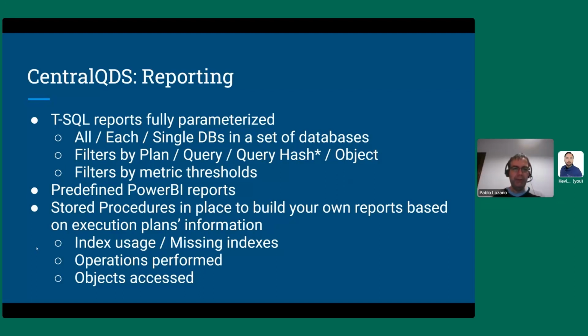Also, these reports will let you filter by specific thresholds. So let's say you want to see, for one particular query, on which servers it had an average duration of maybe 3-4 seconds. You can filter those values there. In addition to those reports, you have the predefined Power BI reports, which right now are not predefined because I just made them on the fly, but my idea is to have some pre-built Power BI reports once this gets released. And there are some other stored procedures in place that can get you information from the execution plans,